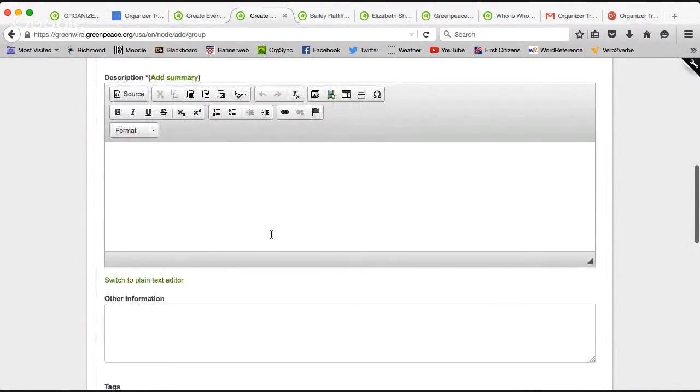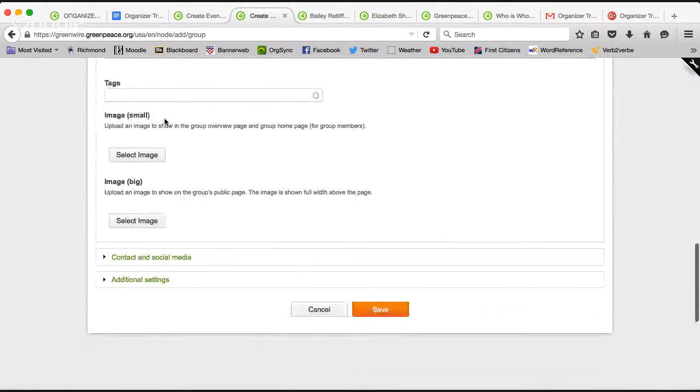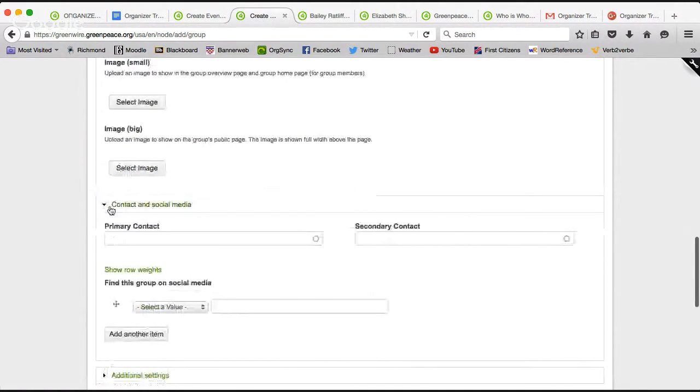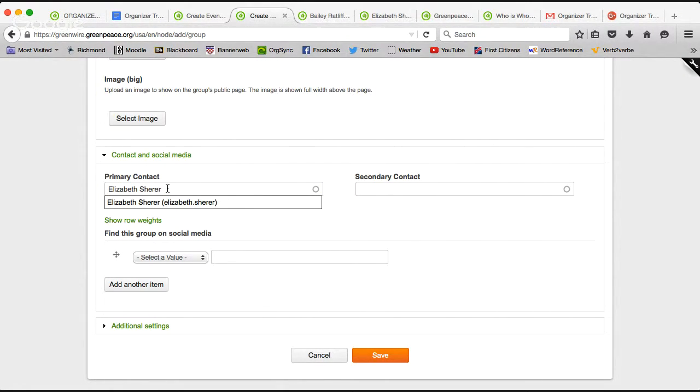And then we're going to go down a little bit. Again, I encourage uploading images to make your group seem active and fun and attract people. Under contact and social media, here is a great place for you to provide an opportunity for folks to reach out if they have questions or if they want to just talk to you about getting involved with your group. So I'm going to write my own name as the primary contact, and you can see this little wheel turning over here in this corner,